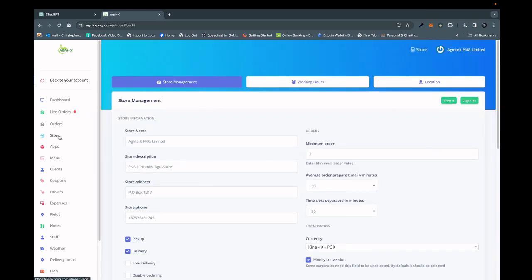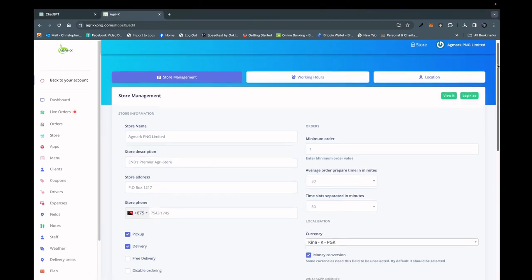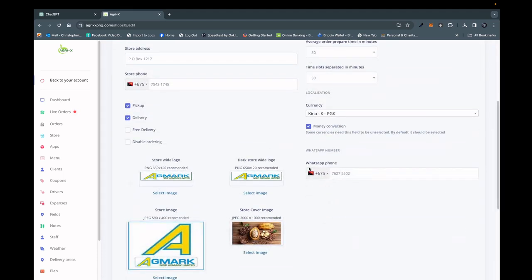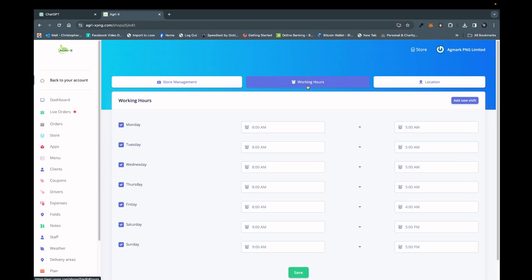From the user perspective, they're also able to configure their shop front from here. So they can put the name, their basic information, they can upload their logos, even a cover, a shop front cover for their respective shops as well. They're also able to specify the time. This is very important too. So when